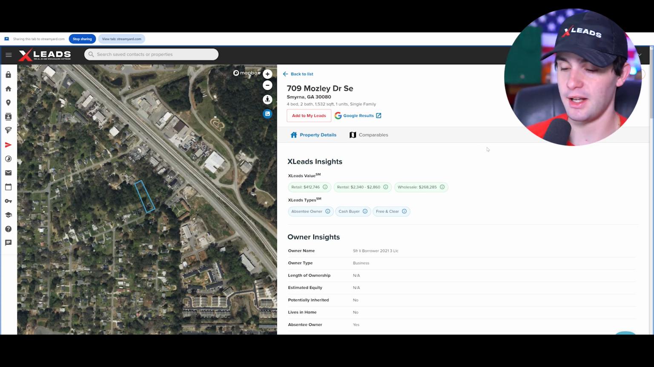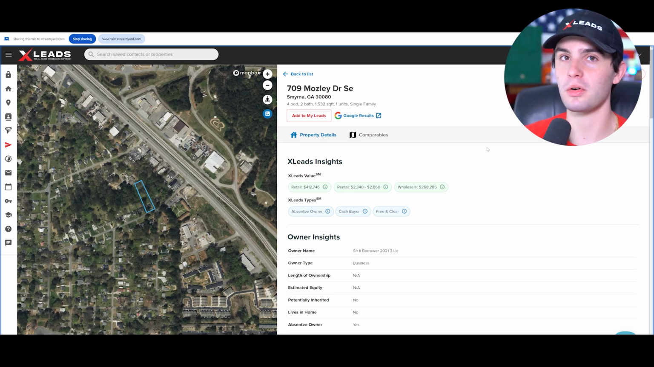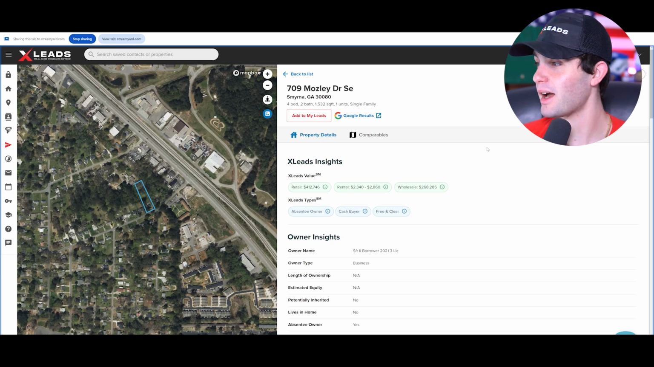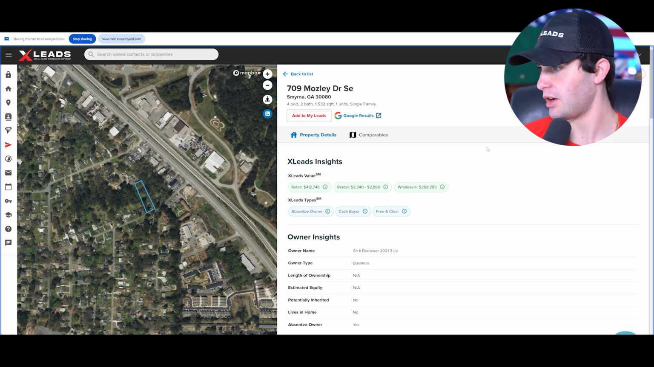SFR3, by the way, is a great hedge fund. They like to buy in the Southeast, mostly rental properties. Great. They have a little portal you can actually send your wholesale deals to, FYI. It's like an instant offer. It's pretty cool. So we're assuming here at 412,